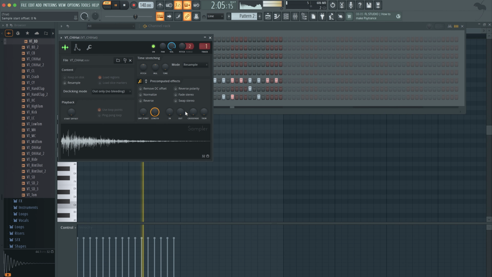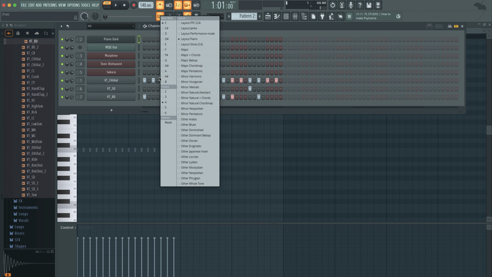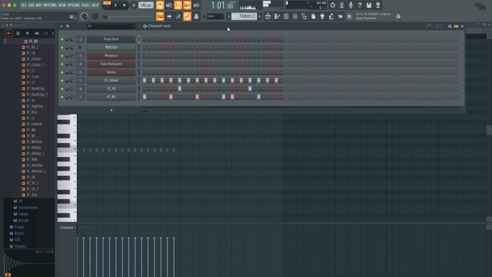For the hi-hat, we can fade out the sound, so it's a little bit shorter. So we can make a little beat, I guess. So let's click on the piano, turn the metronome on. I'm gonna right click and go to a low octave, like the third octave here. Now I'm gonna use my typing keyboard to record a little melody.